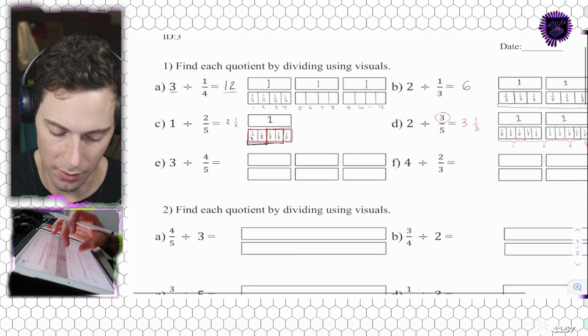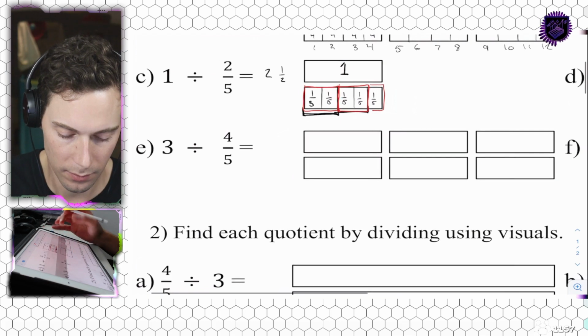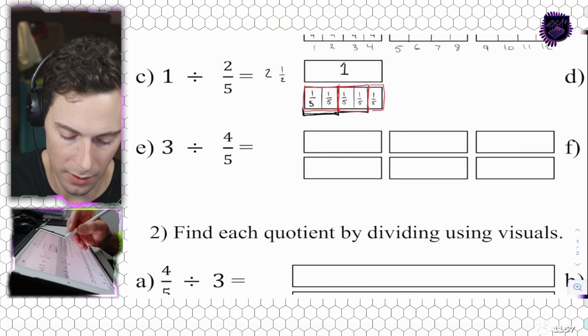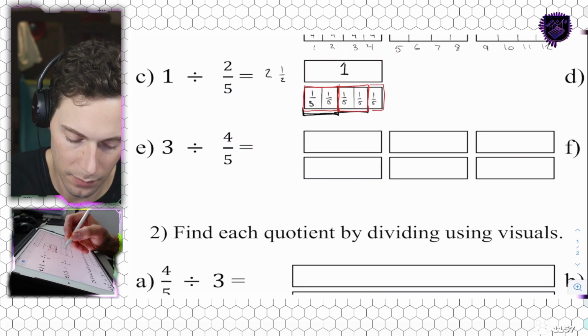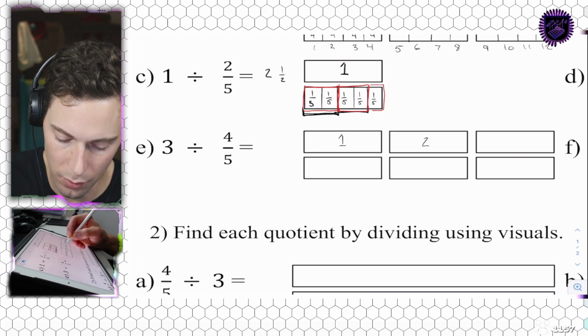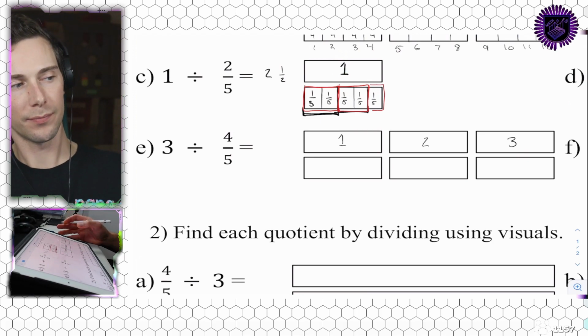Might seem a little bit strange. Now, let's see here. I have 3, 1, 2, 3. I have 3 holes. 3 holes here. So